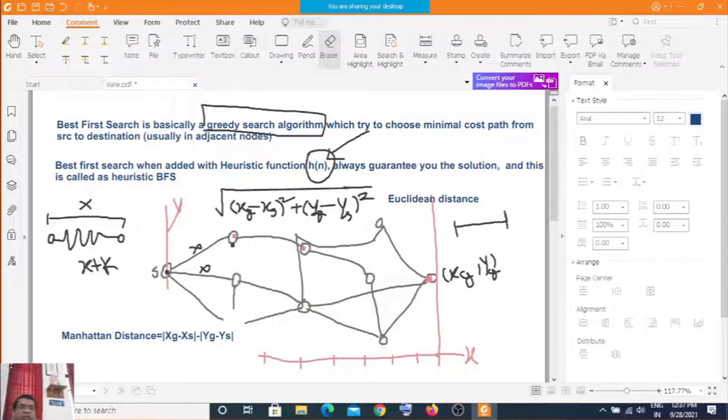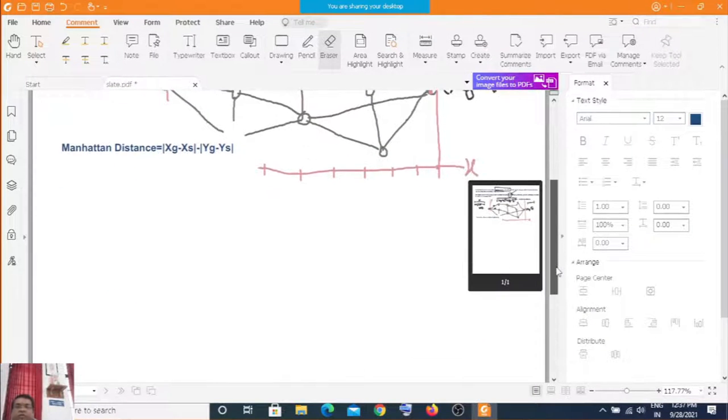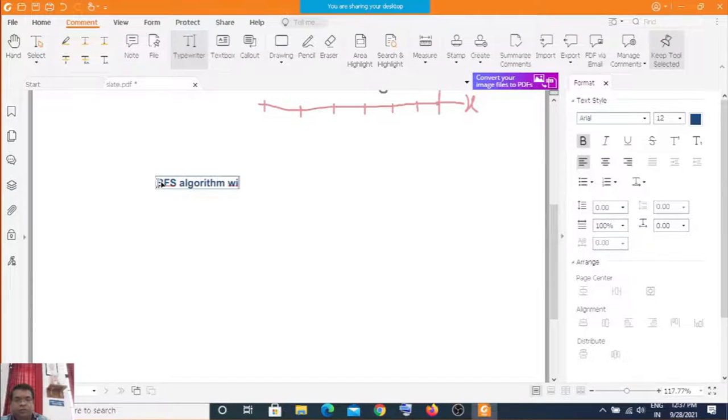what will be the algorithm for this BFS? Let's try to write down the algorithm. The BFS algorithm, or we can say the heuristic algorithm actually, is the best first search algorithm with heuristic value h of n. This h of n may be the Euclidean distance, or it may be the Manhattan distance. Let's say we maintain a priority queue,